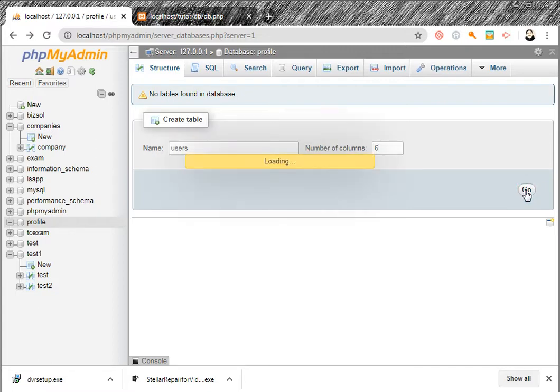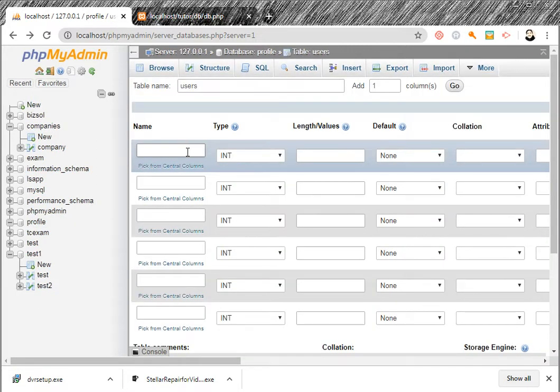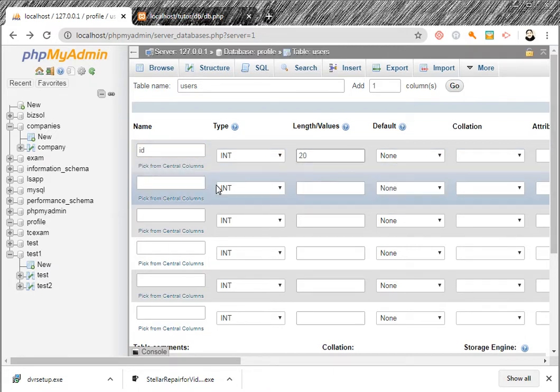Let us go. The first field is user ID, and it will be integer, and its length will be, for example, 10 or 20, for unlimited users.